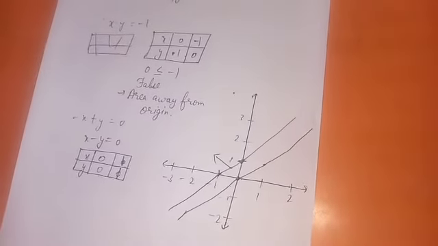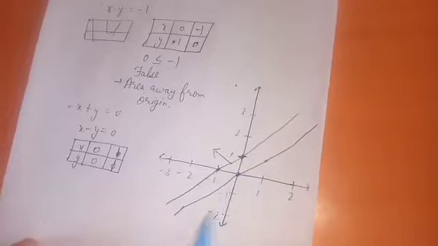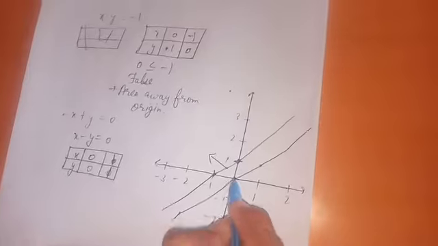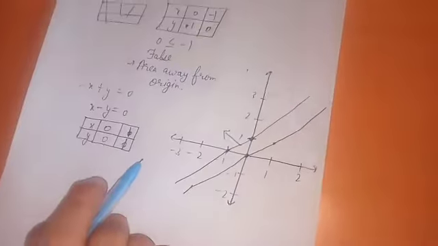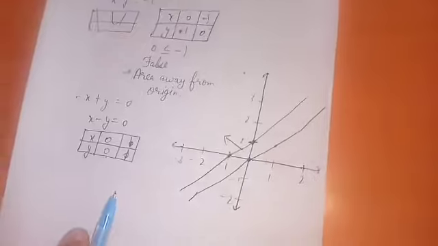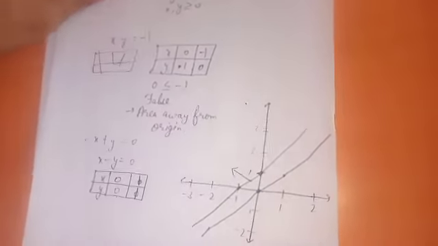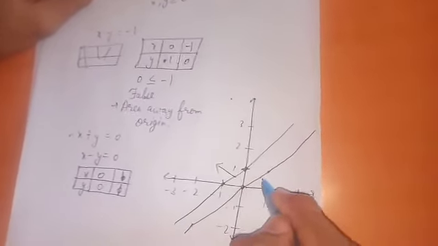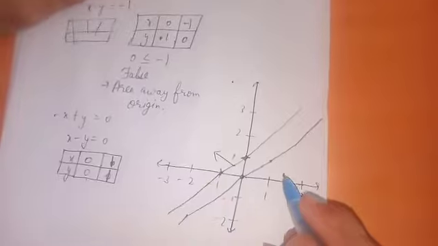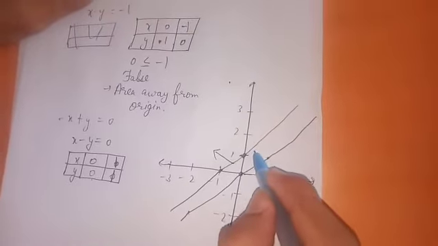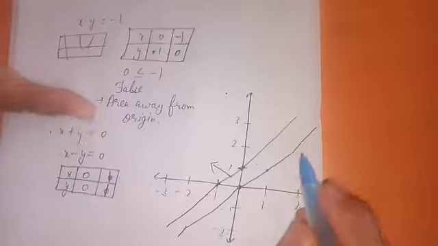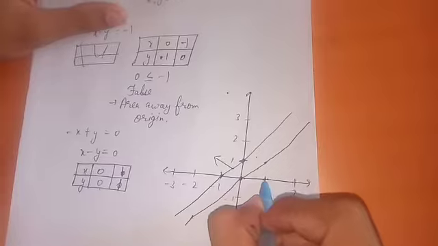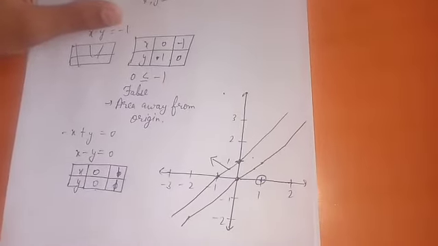Now in this case we will not be able to do origin test. Okay, why? Because the line is passing through origin, so you will get no result. So in these types of cases, what we are going to do is, we'll take any value that is to either side of this line. Okay, I can take any value that lies here, here, here, anywhere. So I am taking this value here. Okay, what is this? 1, 0.